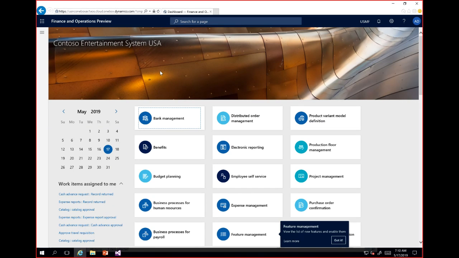So when you come in on the next release that you get, anytime you have platform 27 or 10.0.3 for the 10 users, you're going to see a new workspace. It's down here in this case at the bottom of the screen. It says feature management. You'll get a little toast that pops up and says, hey, feature management's brand new, view the list of features that enable them. So if you click on learn more,